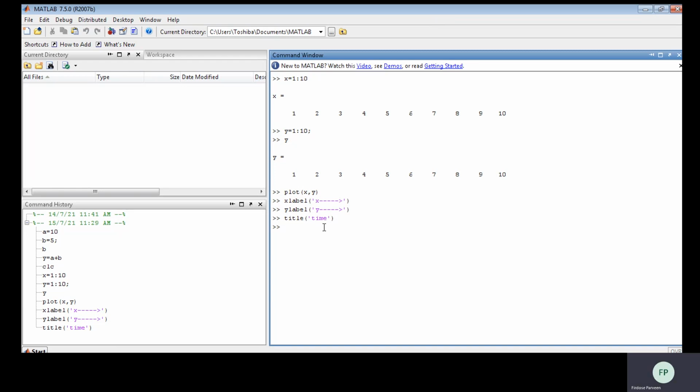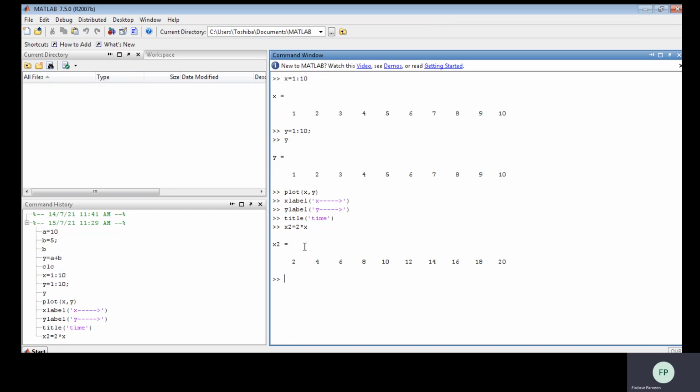Let me take one more, like x2 is equal to 2 into x. I have multiplied 2 with x.